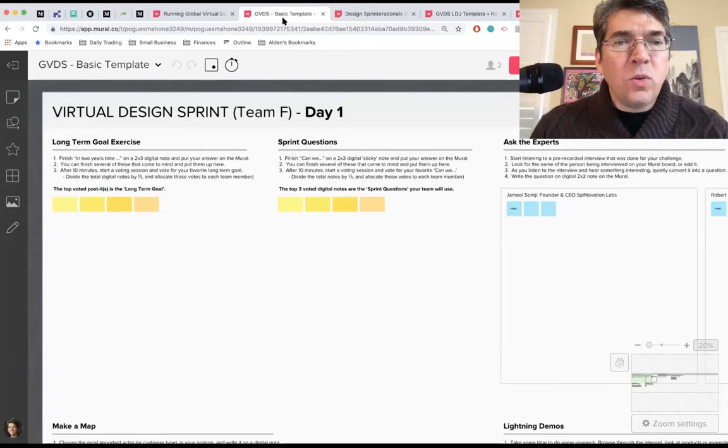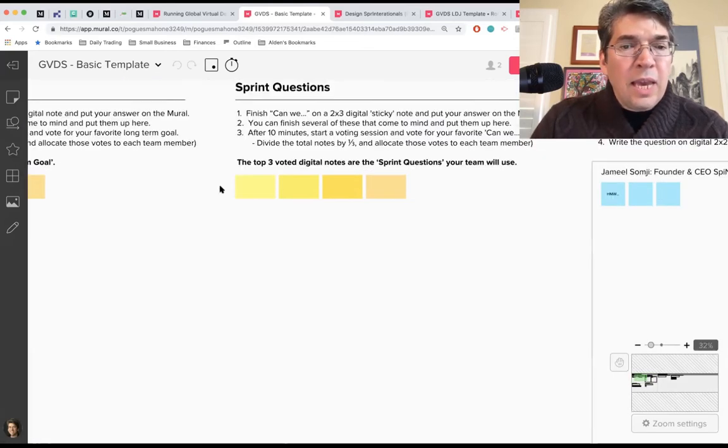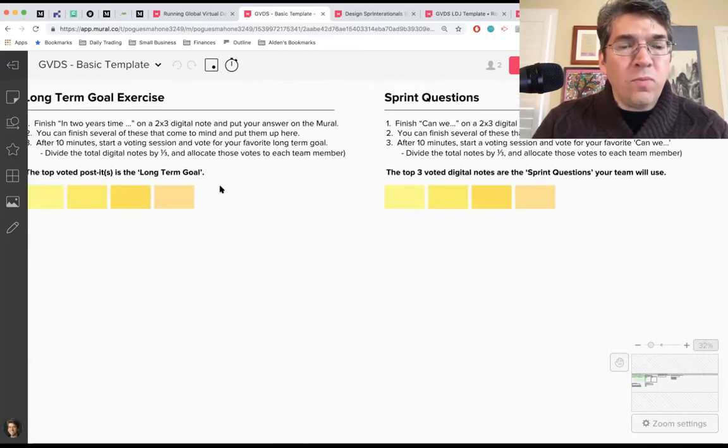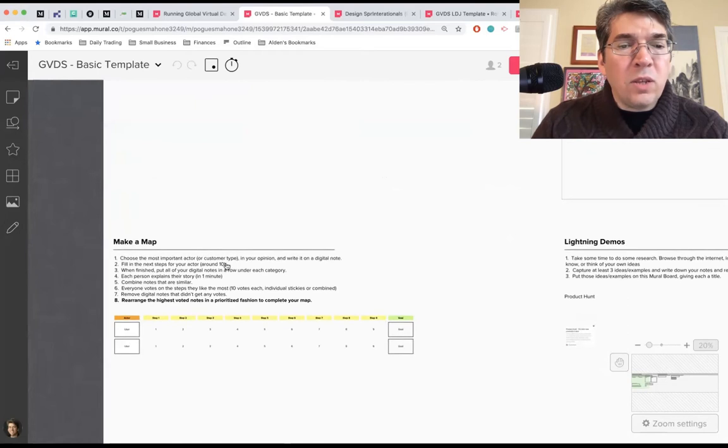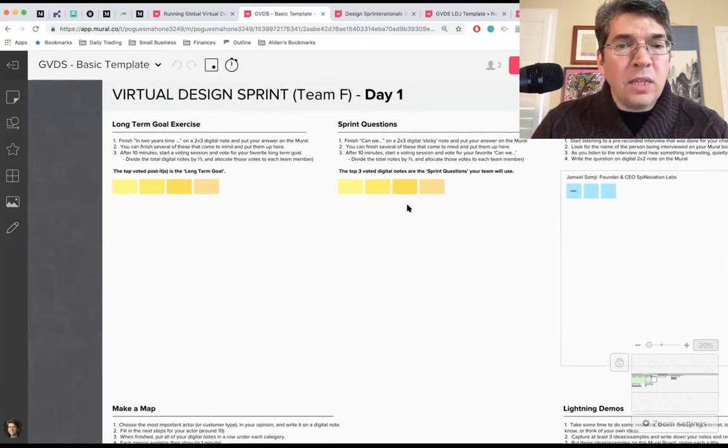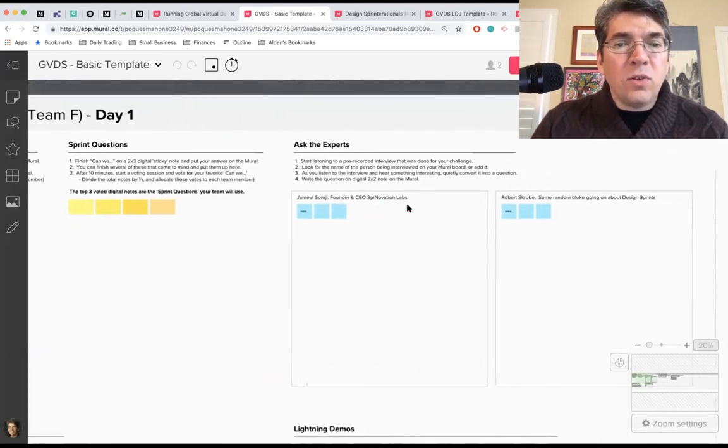Got it. So this is an example of a basic template we used for the pilot. For each day, generally for the Together online activities, I set up the things that would typically happen on a Monday, the long-term goal exercise and sprint questions, and some examples to move forward with, and gave them a couple of sticky notes to work with from there. The make a map exercise was down here after they had gotten done with everything here, and it followed along. So there's ask the